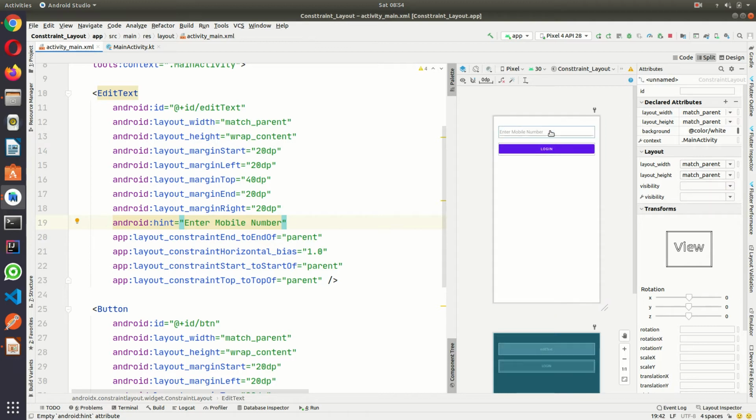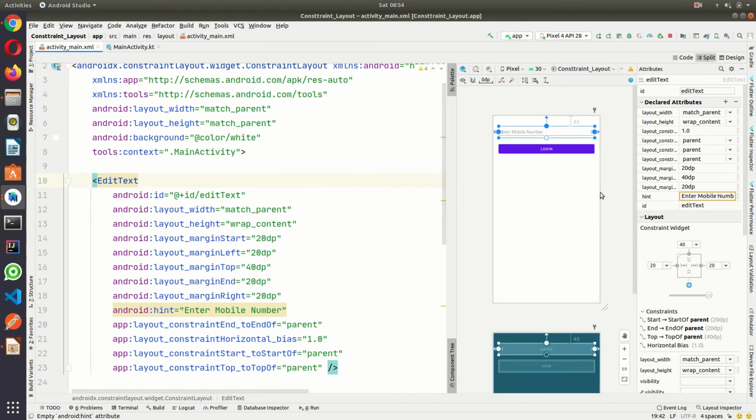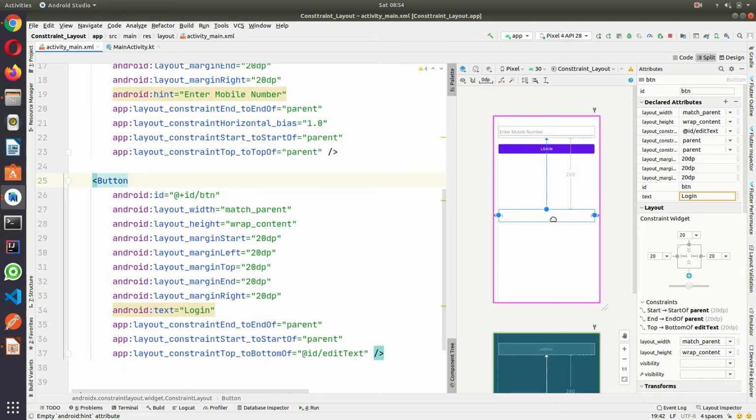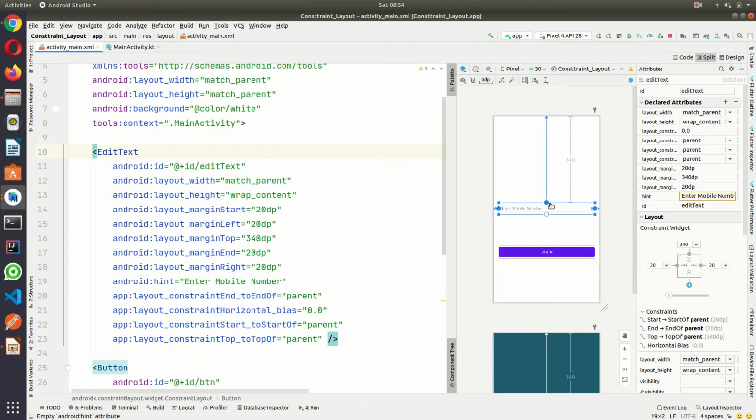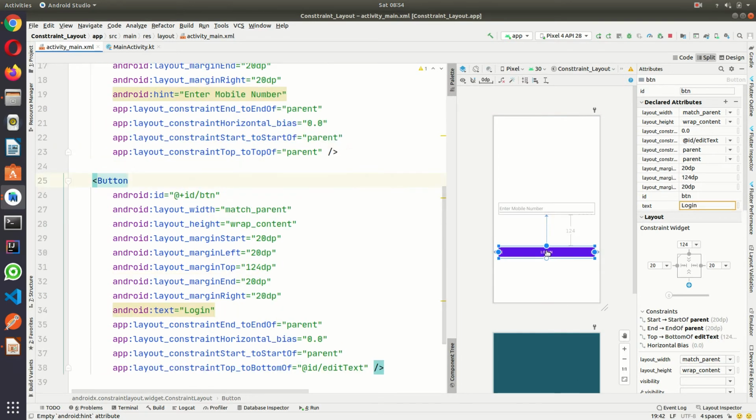So what I can do, first I'll go here. Okay, and if I drag this, it's coming, but let me check this. This is also coming. Keep it here, and reduce this margin to 124.